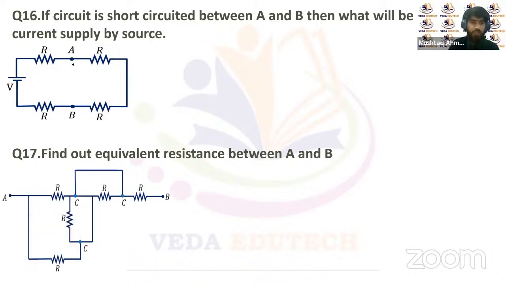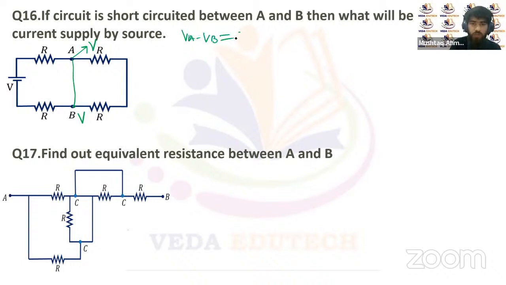This is the circuit, and this circuit has been short circuited between the 2 points A and B, right? If the circuit has been short circuited between the 2 points A and B, it means if the potential at this point is V, then the potential at this point will also be V, right? It means that the potential difference across the points A and B, VA minus VB, will be